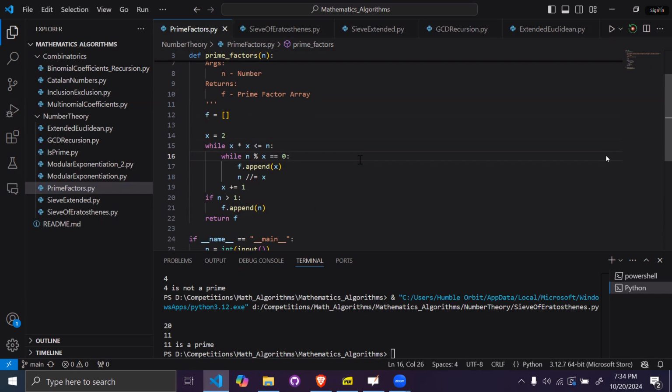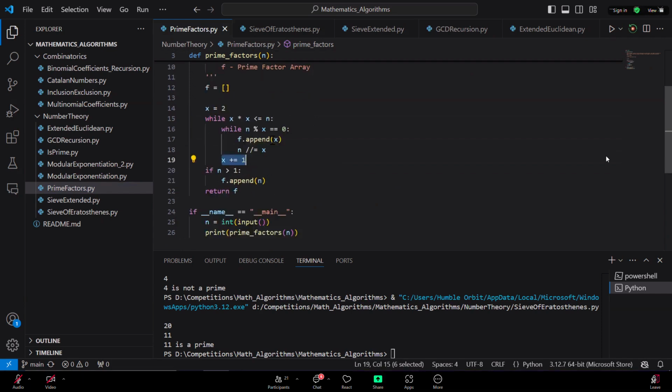Then we check: if x divides n, then we append x to the array, then we integer divide n by x and assign it back to n. Then we increase x by 1 and do the same thing. So that is how we